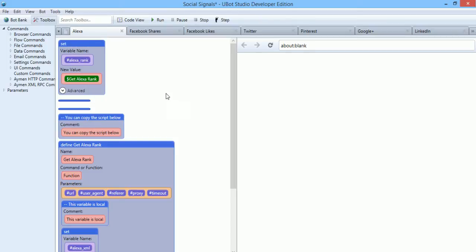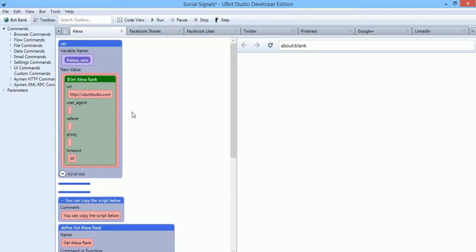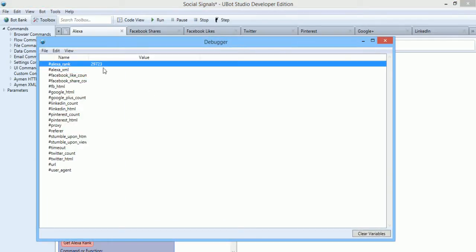Social signals. This one's straightforward. Here's Alexa rank. You want the Alexa rank of Ubot Studio. This is great because it's literally one node. They're already set up for multi-threading and everything, so you could drop this into a multi-threaded bot. It's real straightforward. Just hit run right there, and it'll check the Alexa rank of